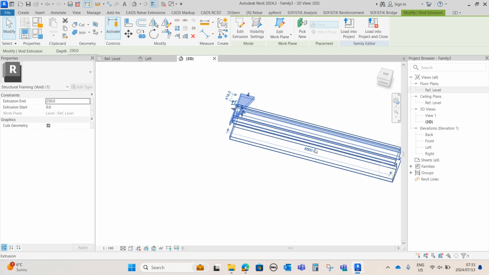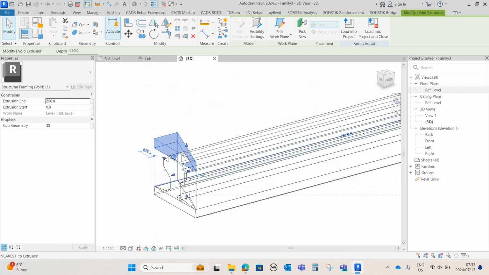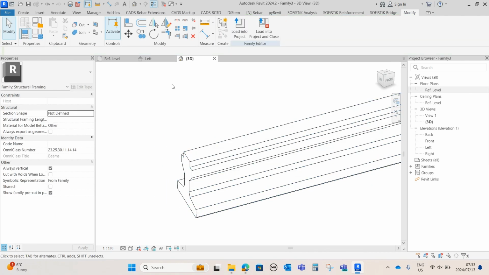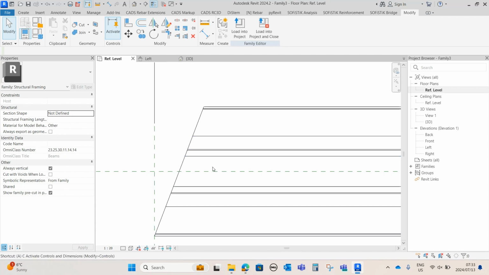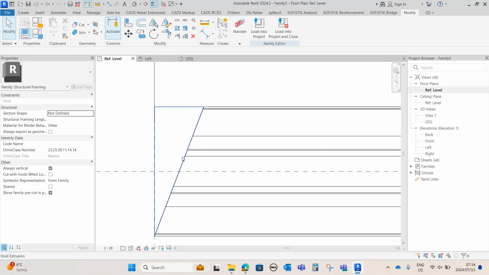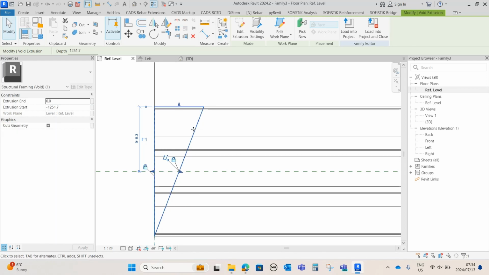Finish edit mode, go to the 3D view, and then I'm gonna attach it towards the bottom of our precast beam, and then attach it towards the top, and then it's gonna cut. And now I'm gonna say AL for align, and then I'm gonna align it, make sure that everything is aligned, and then I'm gonna select my extrusion, and then I'm gonna move it like this, so that I can lock it against